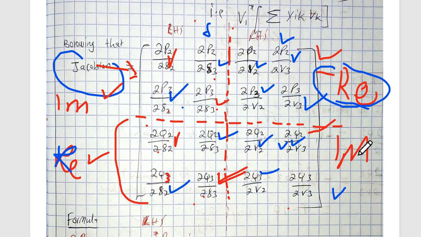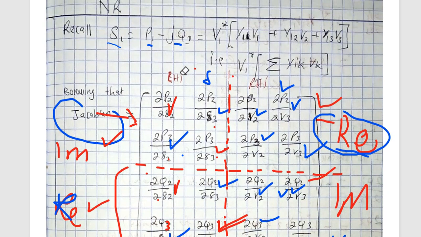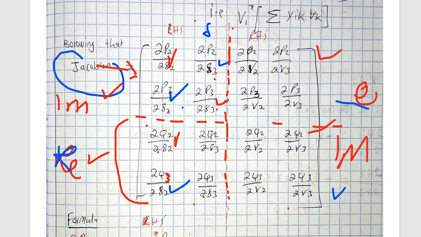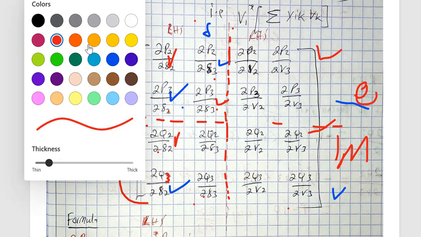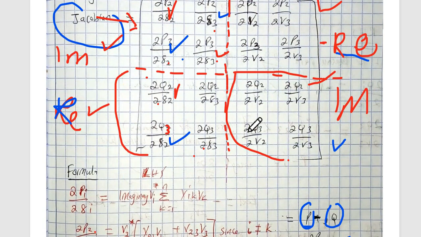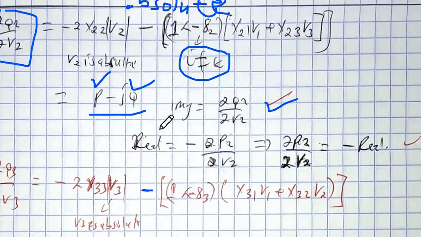But for the right hand side, which we are having, this is the real, negative real, and then this is imaginary. So if we're doing for this side, this one here is imaginary, and then this is real. So we started with